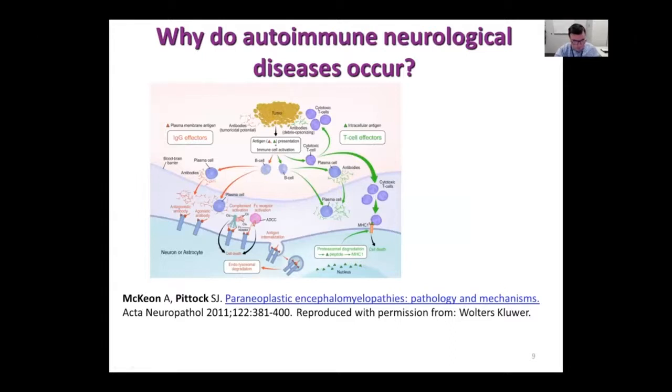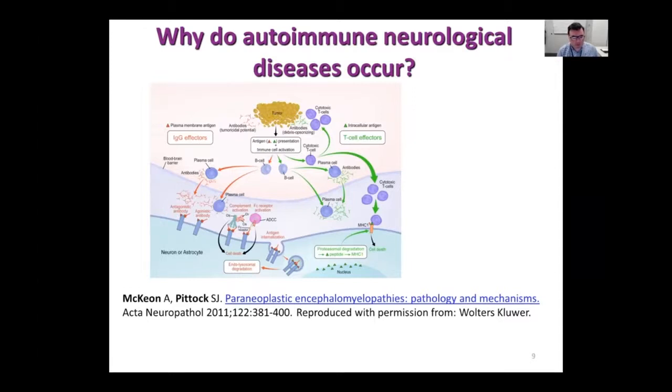So why do these disorders occur? Well, if we use the paradigm of a paraneoplastic disorder, as you can see here, there's a tumor, and then there's a vigorous immune response occurring against that tumor, and that results in the development of IgGs and various cell types, including B cells and T cells. In that context, you can see that there are these red effector IgG antibodies on the left, and these are kind of